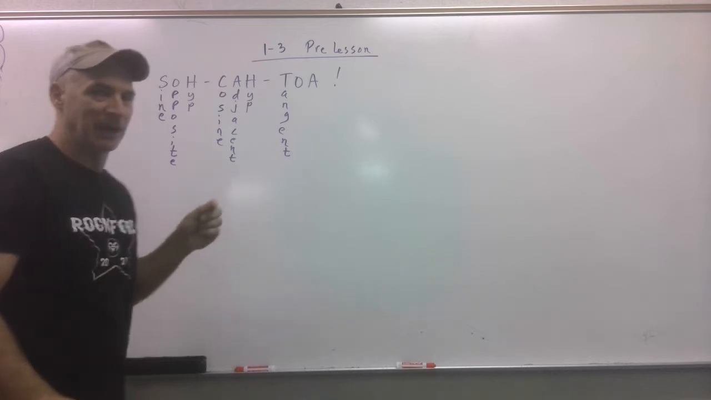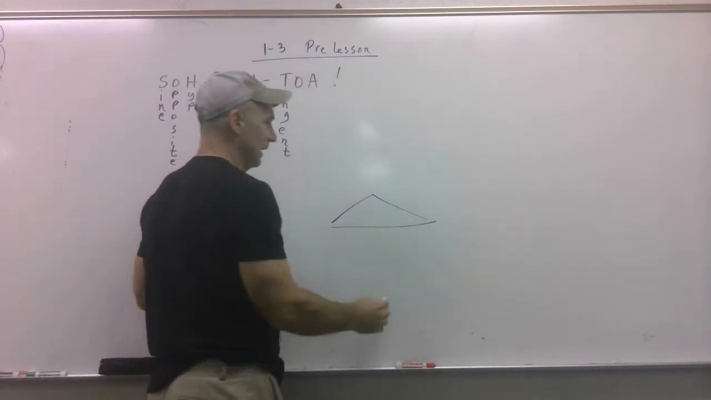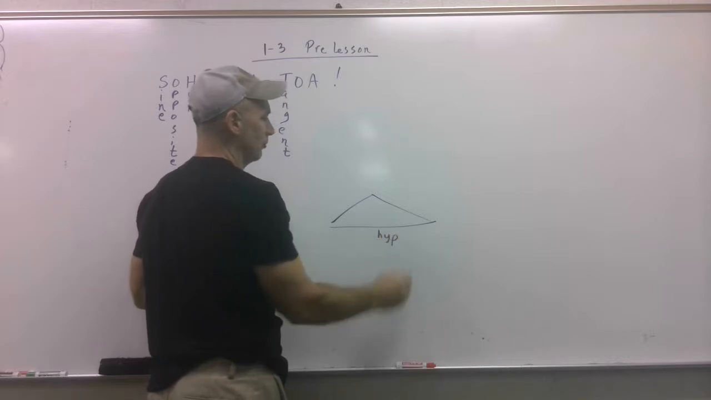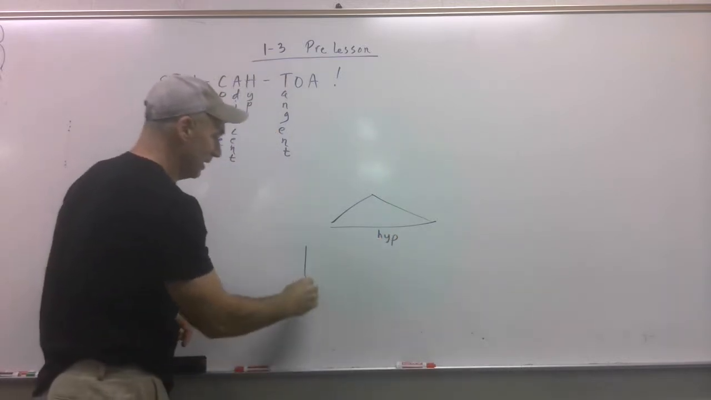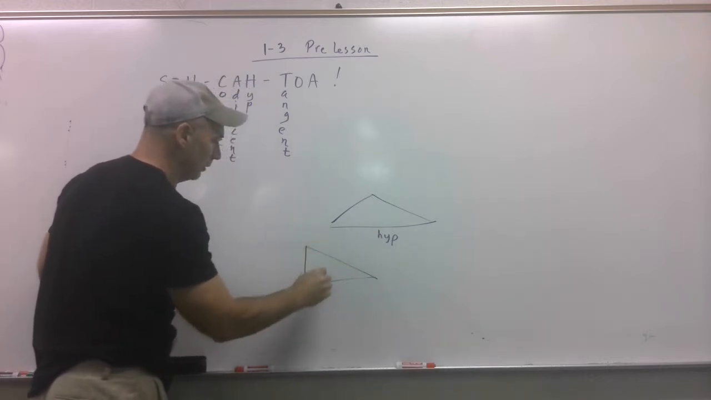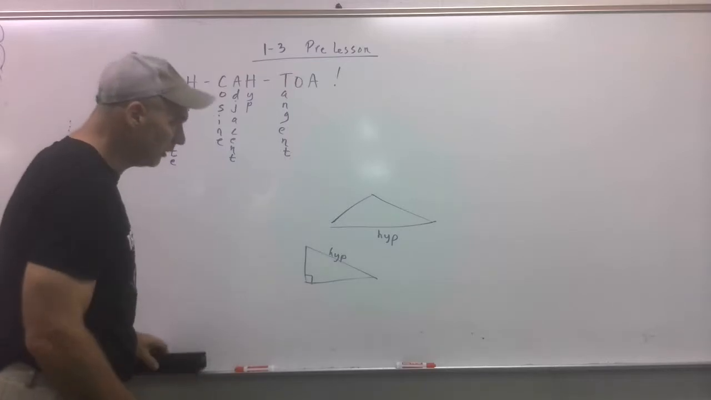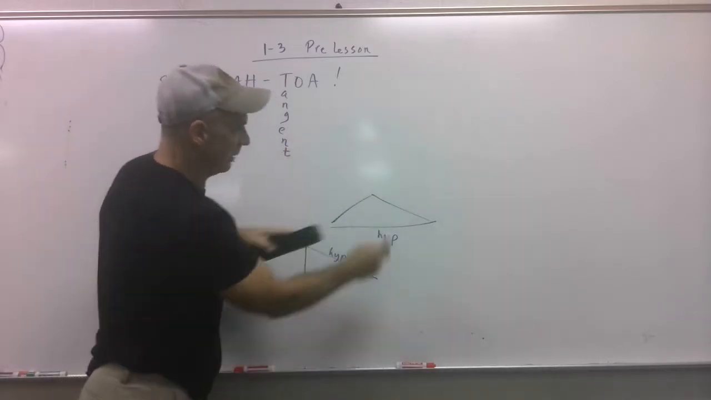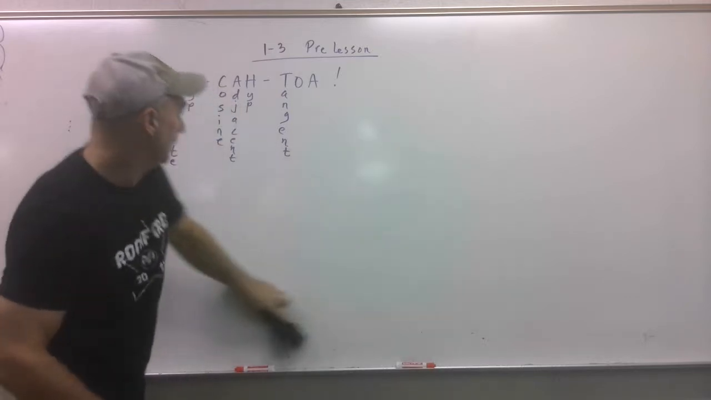Now notice when I say hypotenuse, you can't have a triangle like this, and this is not the hypotenuse. So don't think, oh, it's the longest side. It has to be a right triangle. That's the only way you can use trig. So keep that in mind. You can't use these functions on this. So with that in mind,